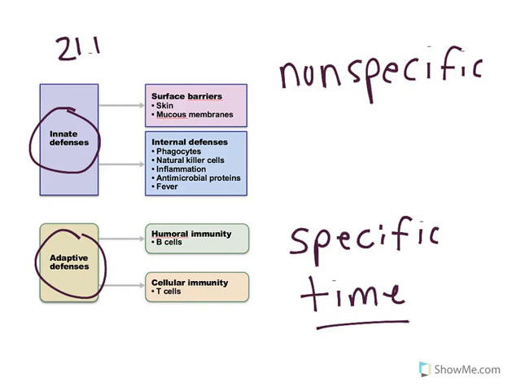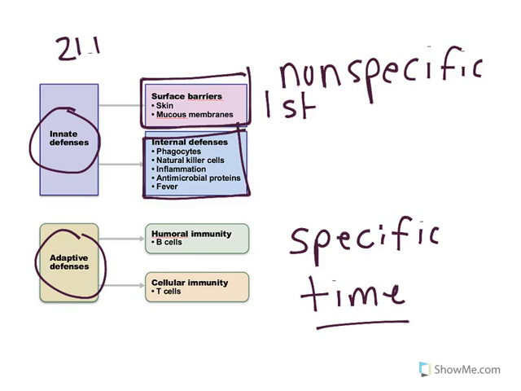So you see here some of the barriers and defenses that we have in the body. Surface barriers are the first line of defense. These are going to be our skin and our mucous membranes. The second line of defense are all of these listed structures here. So we have phagocytes, natural killer cells, inflammation, antimicrobial proteins. We're going to focus specifically on a protein structure called the interferon,